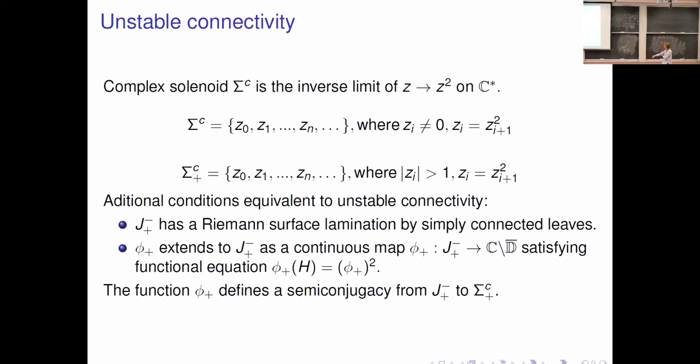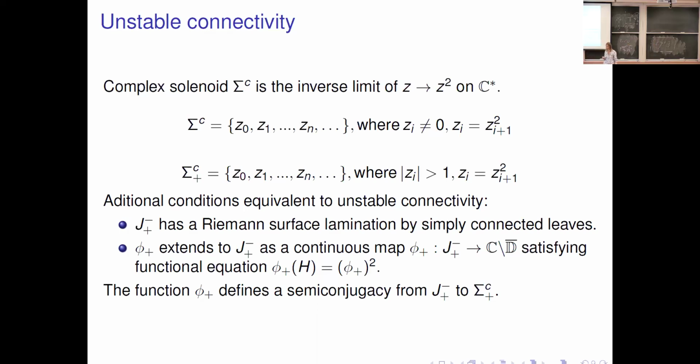And so this is G minus, and we see these intersections with phi plus, so it extends there. We can say, what is the value of phi plus at every point? This function phi plus defines a conjugacy to the complex solenoid, right? Because we can see what is the value, and this z goes to z squared relation is